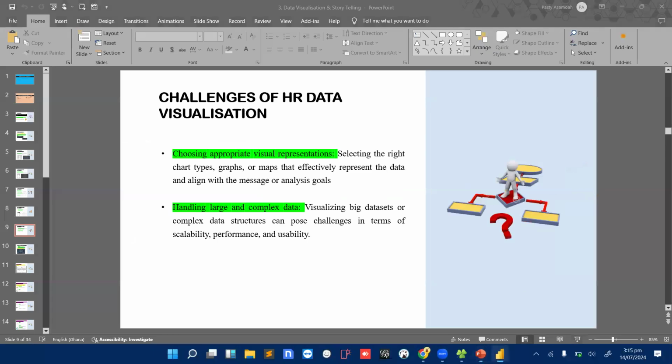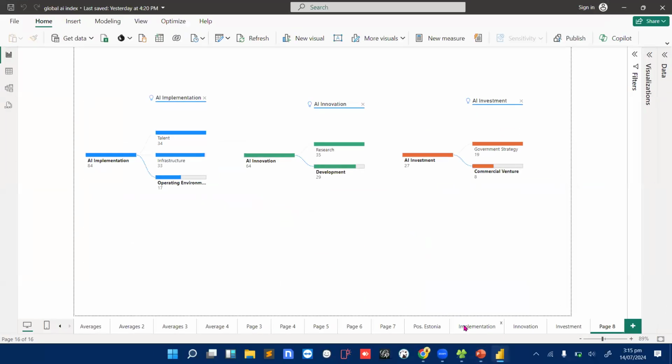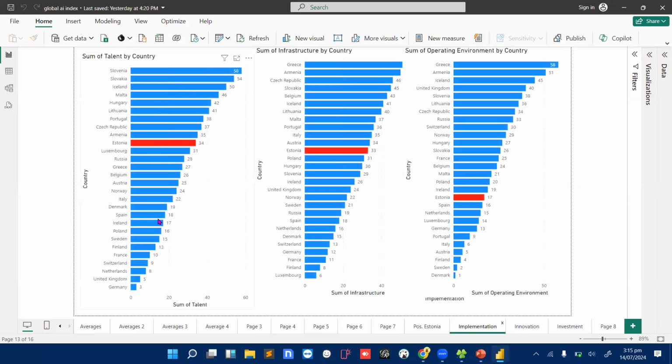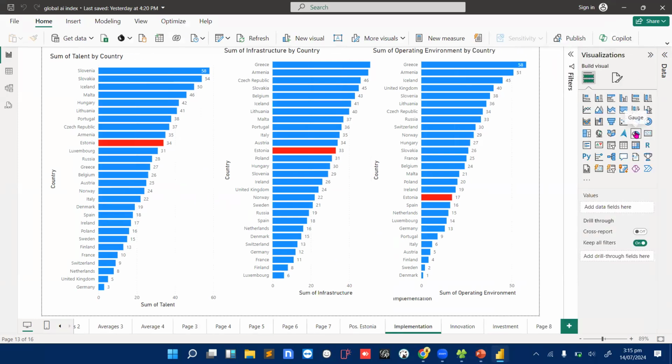Now, in this case, look at this one here. The data set is huge. Okay, I have a lot of them. So trying to visualize it, I don't even know which kind of visualization to use. Imagine I wanted to use a pie chart. This thing is going to break. If I decide to use pie chart to visualize this, okay, then which other visual should I use apart from this one?